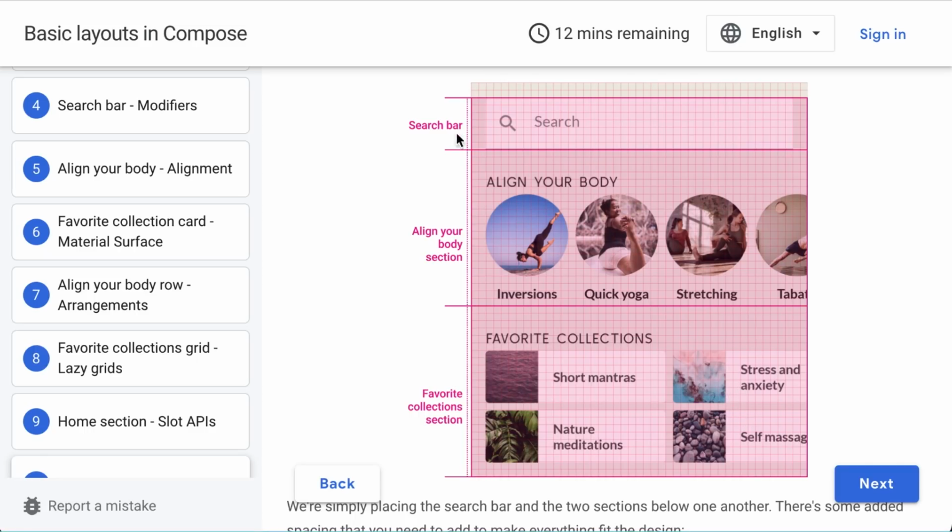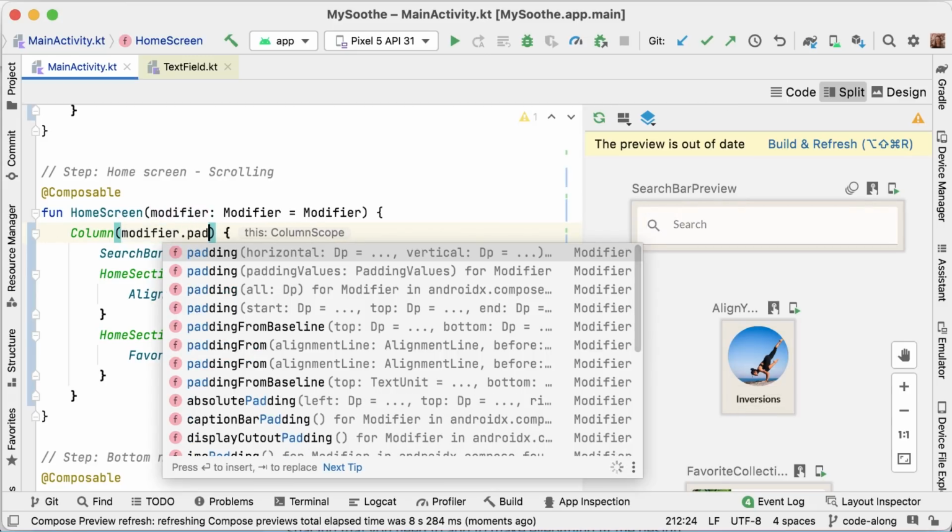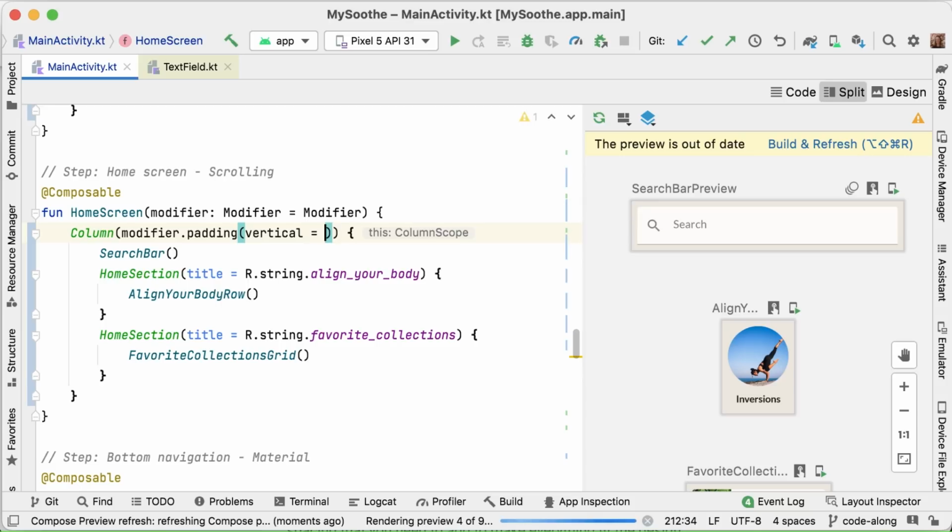So in our case, we only need to add them to the search bar and to our top level column. So I think for our column, we could use a vertical spacing. And then for our search bar, we can forward into the search bar the horizontal spacing.